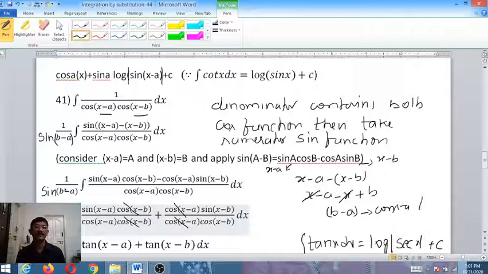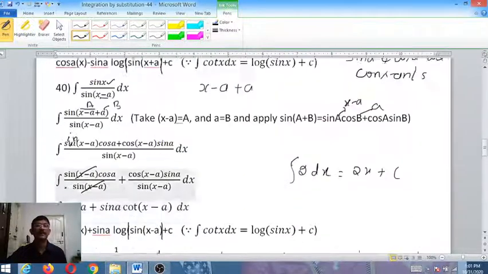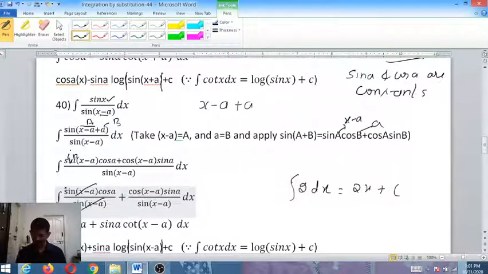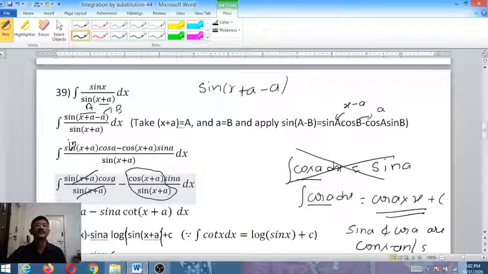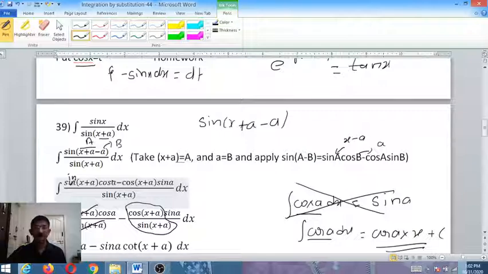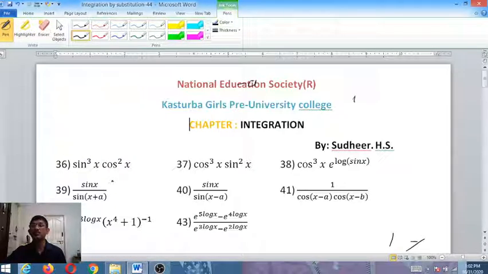It stays like this till the end. So remember, here in this problem, the numerator x, you write it as x minus a plus a. X minus a is a is b. Apply the formula, divide each term by the denominator. Okay. Similarly, this is also x plus a. Okay, try to solve and do all these problems 2 to 3 times. Then you will be familiar with these problems. Okay, thank you.